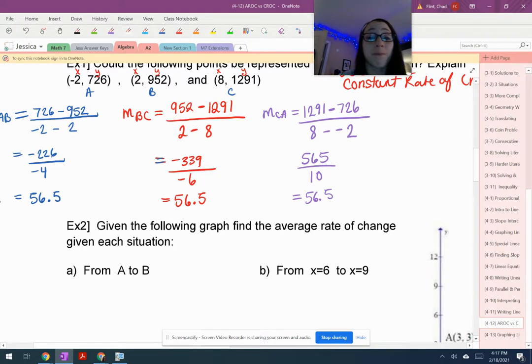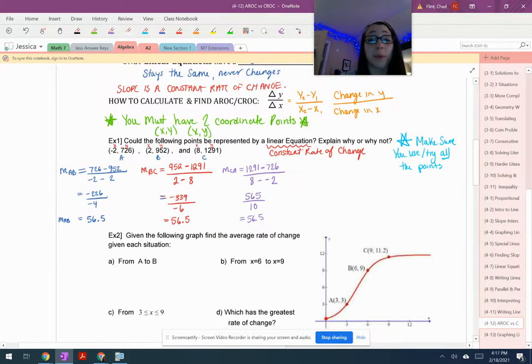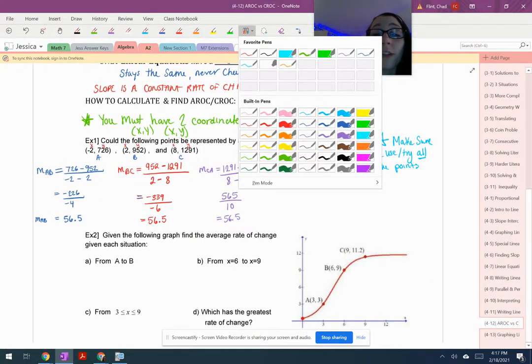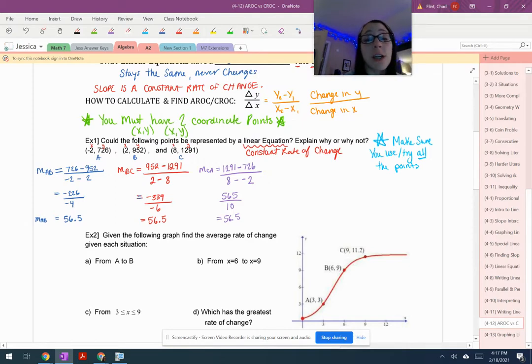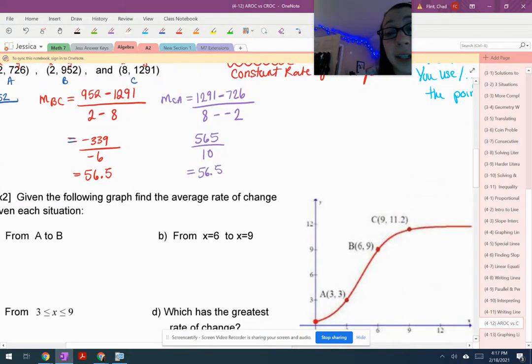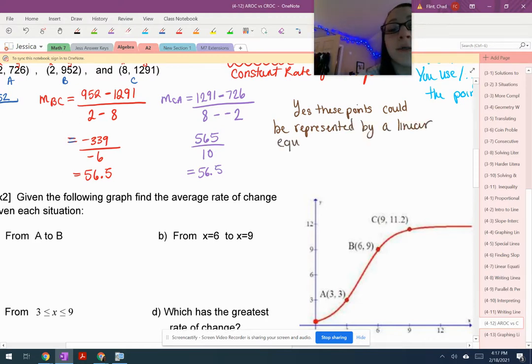So at this point, we have all the information we need. We need to just make a conclusion to finish this off. So the question was asking me, could the points be represented by a linear equation? Why or why not? And here, because they're all the same, we can say yes. Yes, these points could be represented by a linear equation